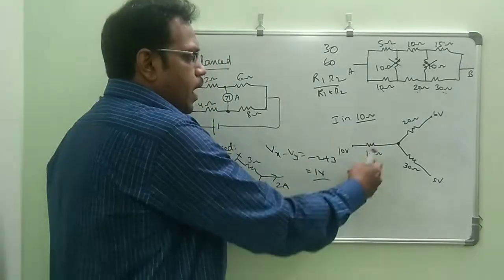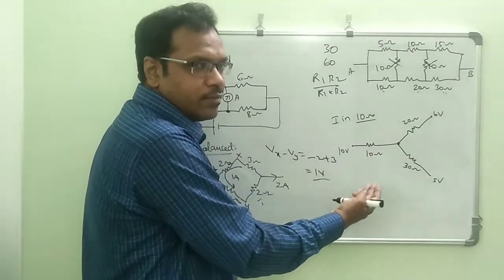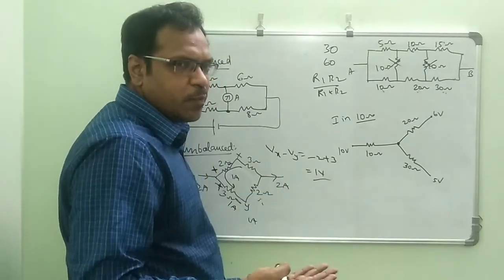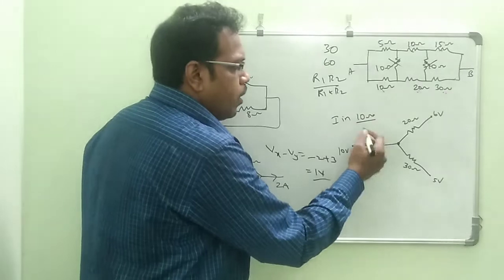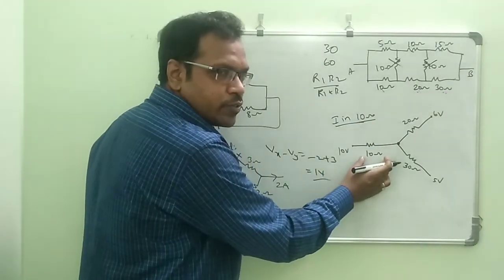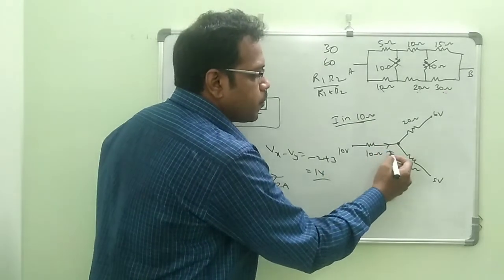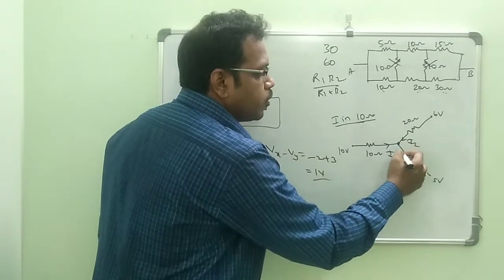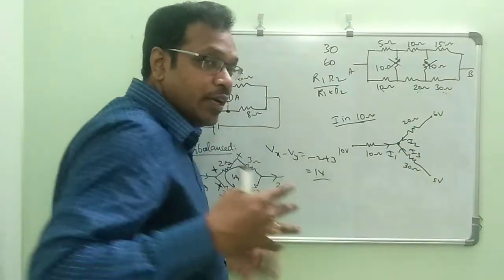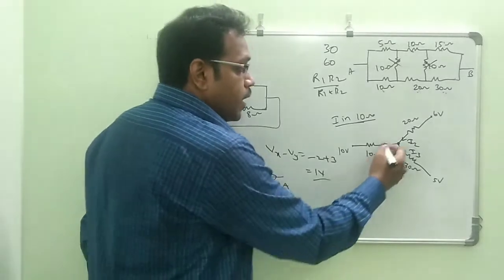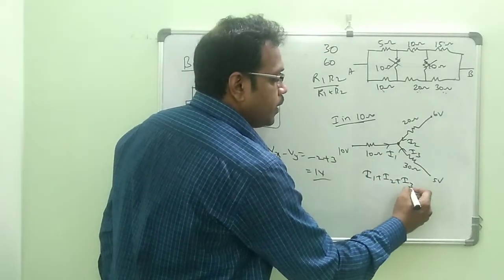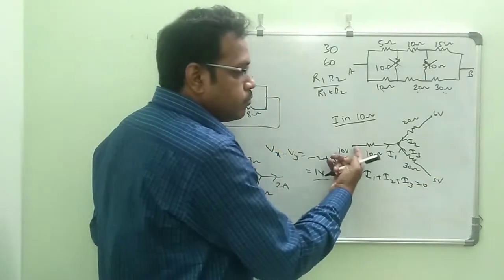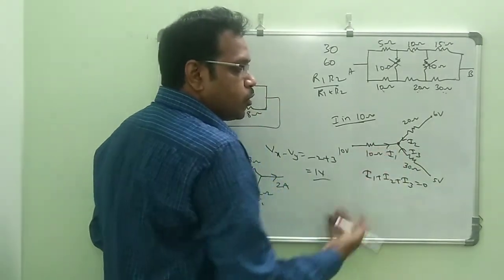And now this is Kirchhoff's current law. Usually very easy problems only, but I feel this is the maximum. Now we need to find the current in the 10 ohm resistor. Suppose these are I1, I2, I3. Because they didn't give the current directions, we take the currents as coming to the junction. So I1 plus I2 plus I3 is equal to 0.